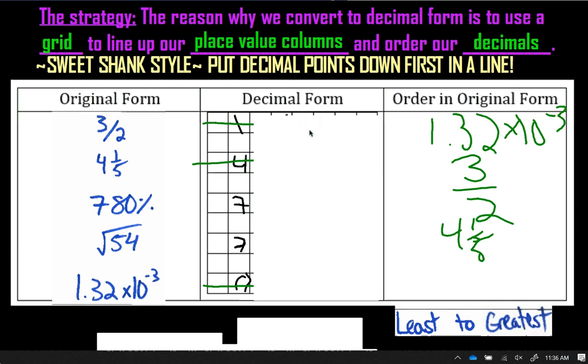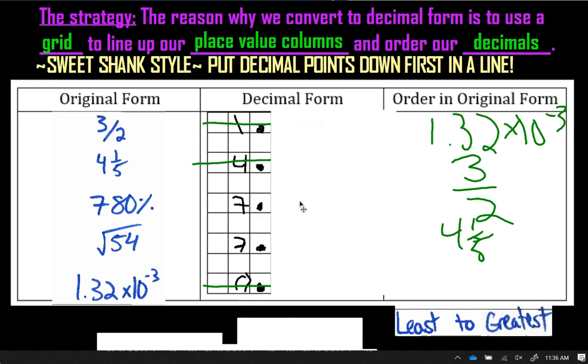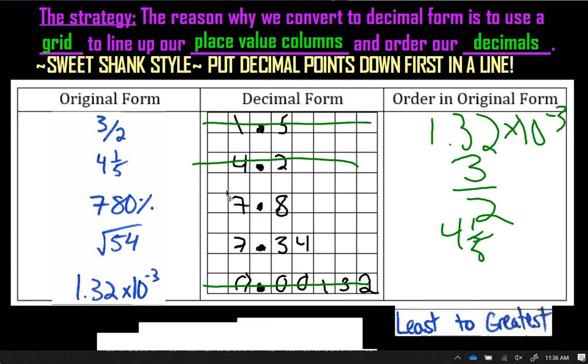Well, you might say, hey, Mr. Shank, I have 2 7s here. Those are equal values, and I would say you are correct. However, the reason why we do this is now you can shift this to the right, and we're going to move it past that decimal place, and we're going to say, hey, now that you're looking at these decimal values, which ones are the smallest? So I'd say, okay, well, the 7.3 is smaller than the 7.8, and so that's the one I'm going to write down next. And so I'd say, okay, I have